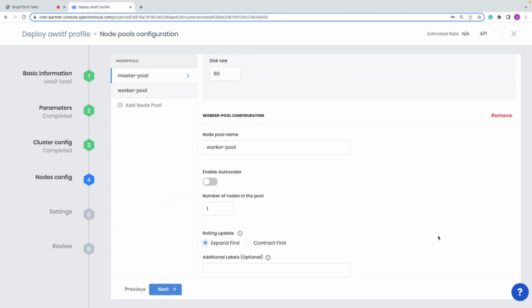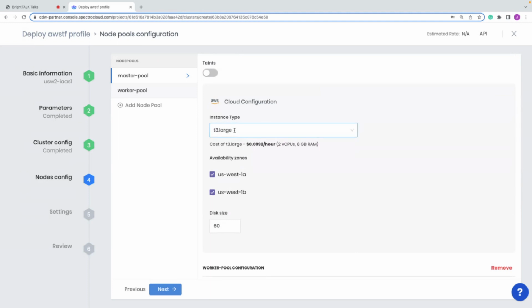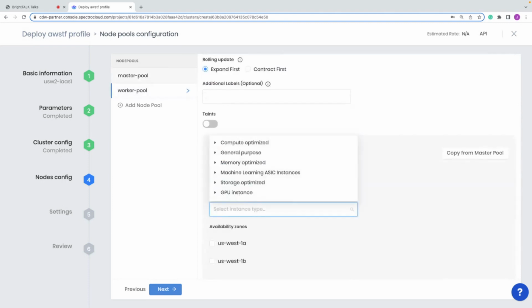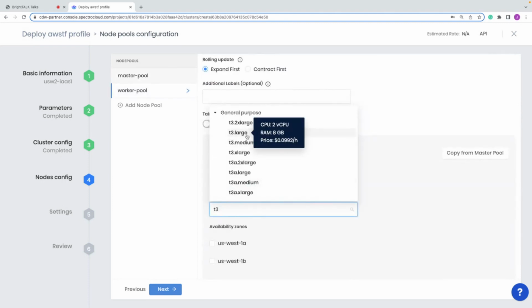Earlier you saw that I could have picked managed Kubernetes solutions like EKS or AKS. When you do that, they'll provide you their own control plane. It's probably elementary for some of you, but you'll have your own control plane nodes that are deployed by the managed Kubernetes provider, so you can't really configure and deploy in there. So a lot of people like the control plane nodes to be inside of infrastructure as a service, like I'm doing in EC2, because they have access to that. And then, of course, both solutions have worker nodes that you can configure. And maybe for the control plane, I need a smaller device, T3 large, and for the worker nodes, maybe they're a little bit beefier. Now, maybe I don't know that.